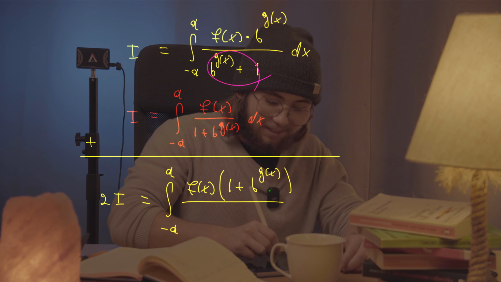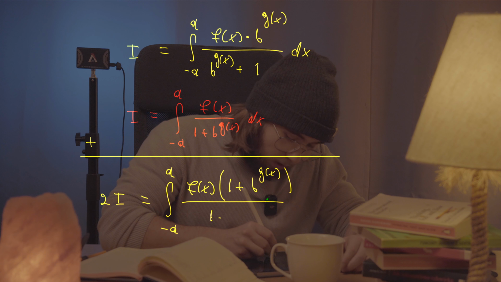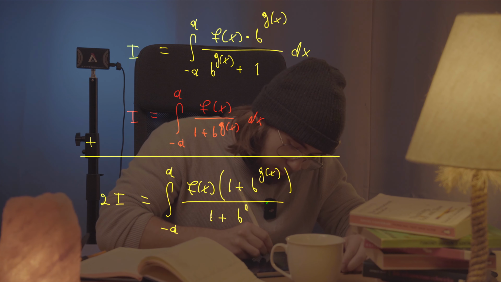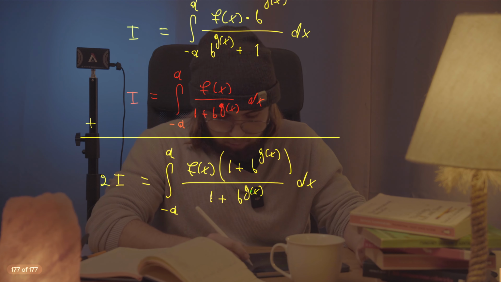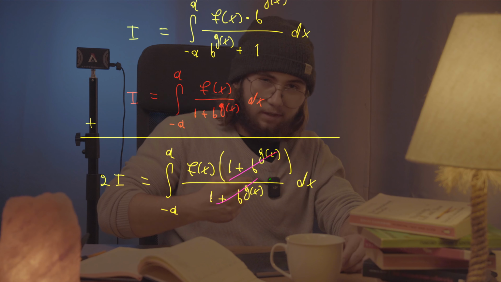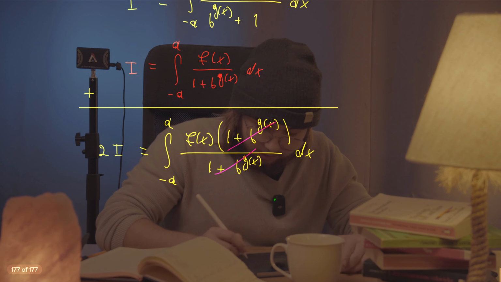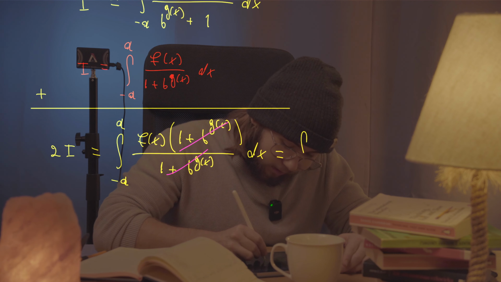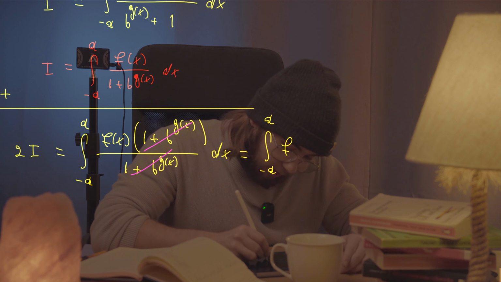Yeah, so those are exactly the same. So what I'm gonna get there is just 1 plus b to the power of g of x dx, but, well, now notice that those pretty nicely cancel each other out, this factor in the numerator and the entire denominator, and so what I'm gonna get is just the integral from negative a up to a of just f of